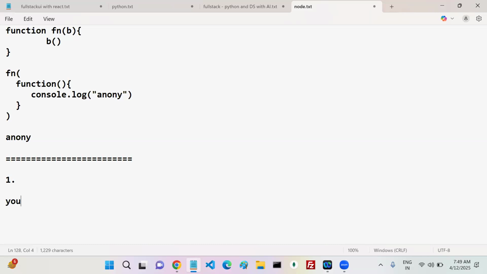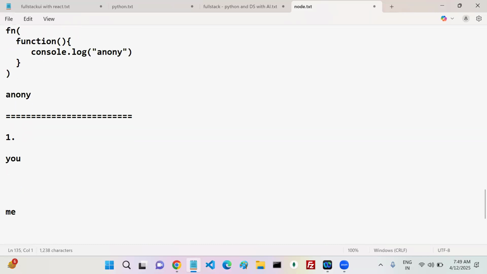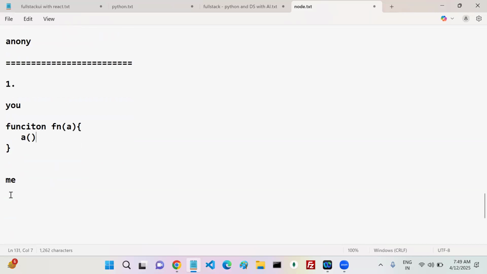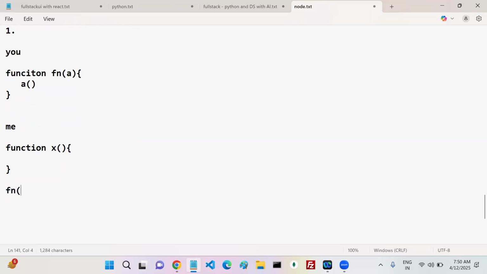Come on. Okay, this is you, this is me. I'm giving one function to you. For example, here I have a function, and I'm giving that function to you.